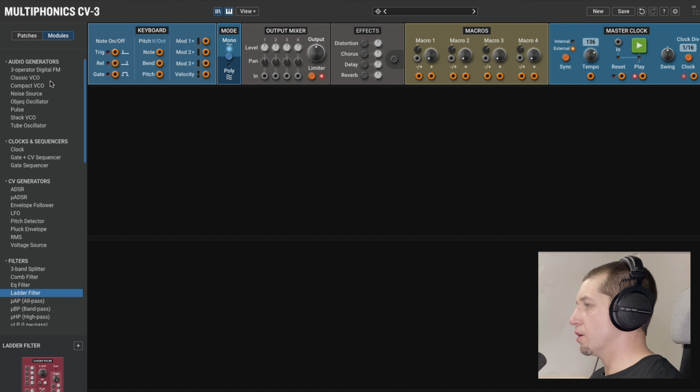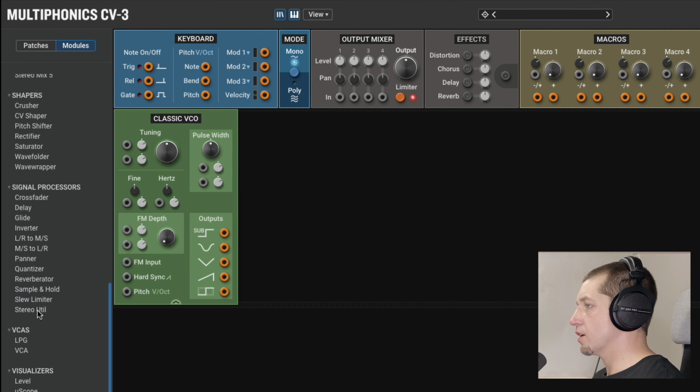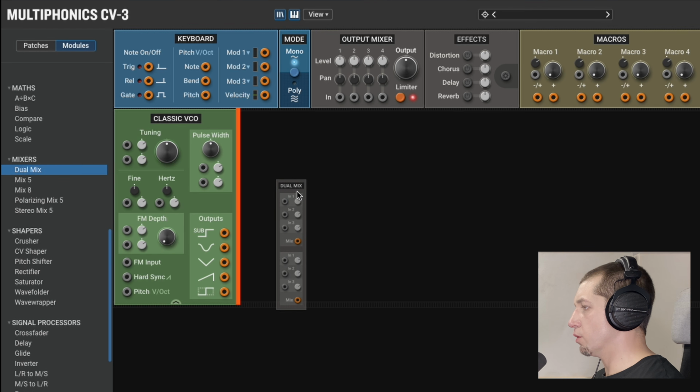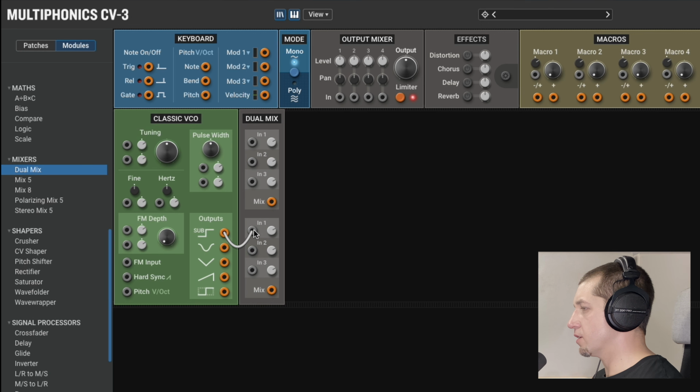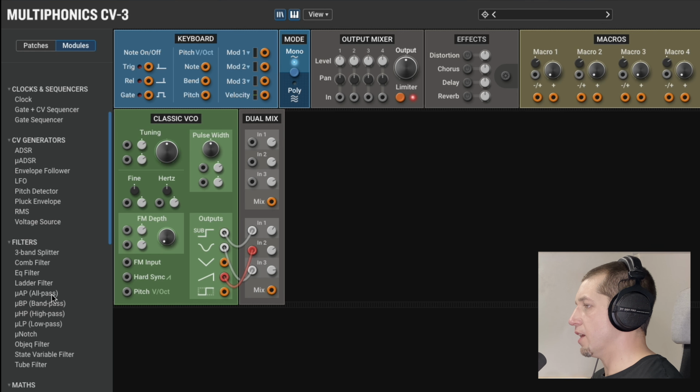We'll start with a classic VCO and we'll take a couple of its waveforms to mix them with a dual mix. So we'll take the sub-oscillator, we'll take the sawtooth, but also we'll enhance the fundamental tone with mixing in the sine wave. Let's now feed this to a ladder filter